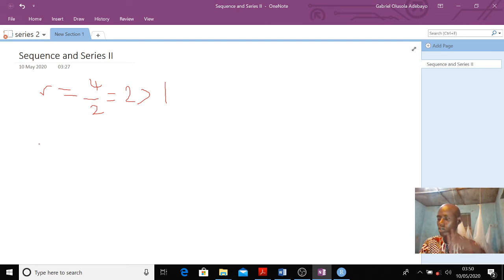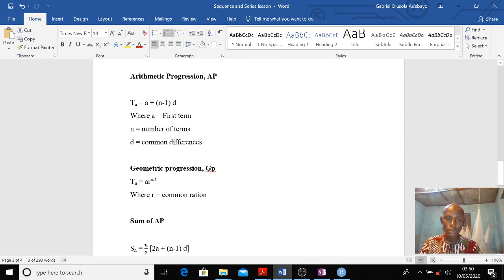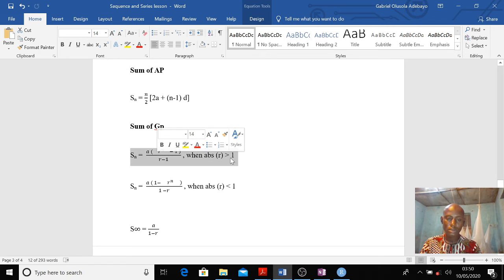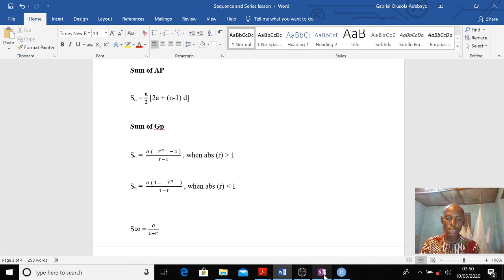So we use the first formula because it's greater than 1. So we are going to have